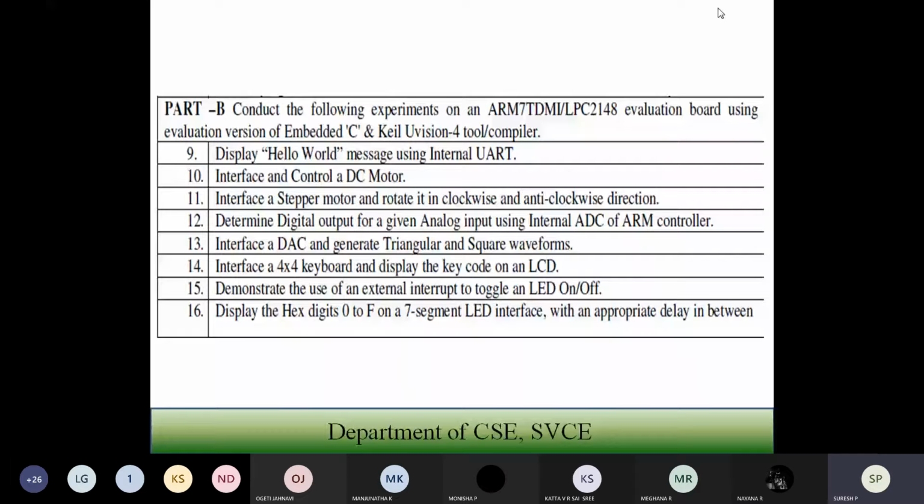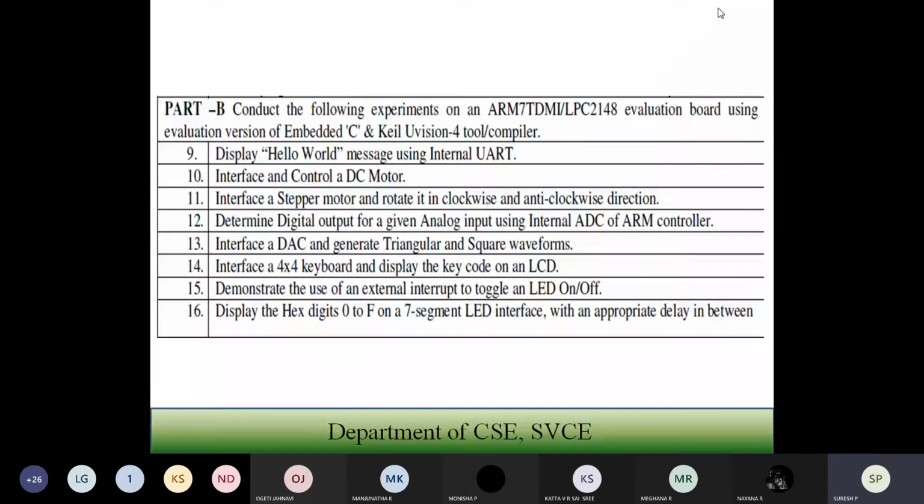So we are going to apply it onto the experiment. With that particular experiment, you are going to display the 7 segment LED interface. Using the LED interface, you are going to display from 0 to A. We know that for 0 to A, you are going to have the hexadecimal code to be generated. That particular code has to be sent to the LED interface.